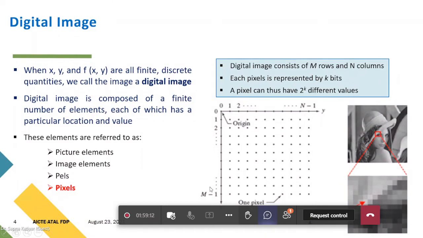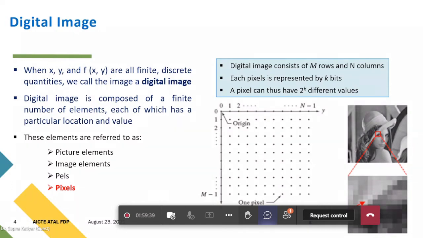right? So here you can observe on the XY plane, this particular image has m rows and n columns, and each pixel is represented by k bits. K may vary from 1, 2, 3, 4, and so on. Depending upon the number of bits, any pixel can have 2 raised to the power k different values. What do you mean by this?